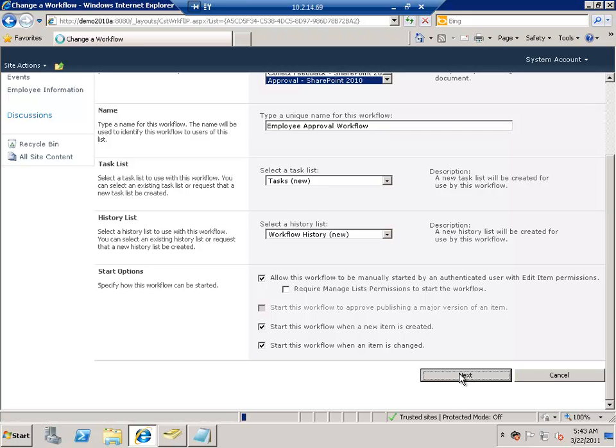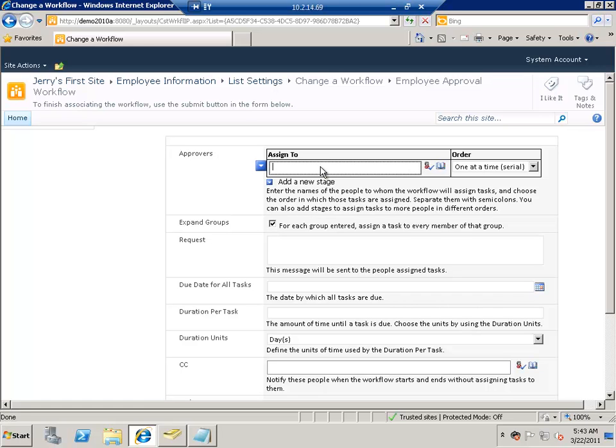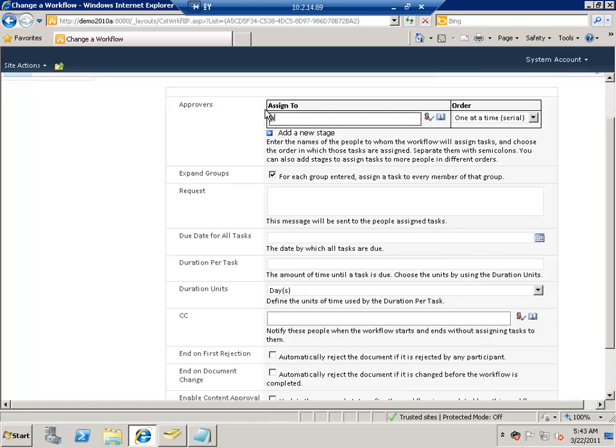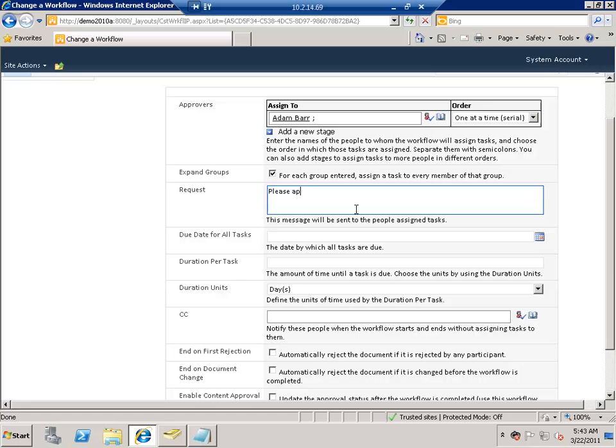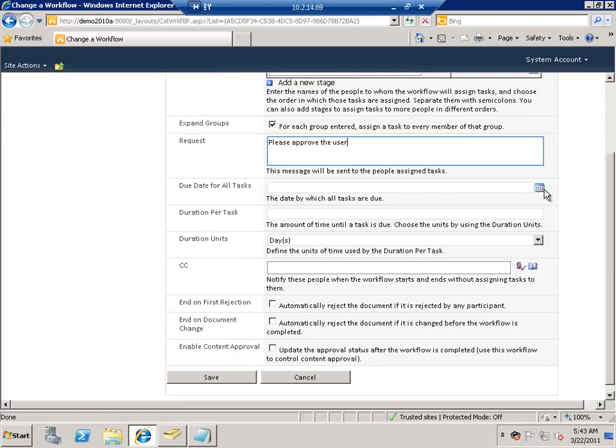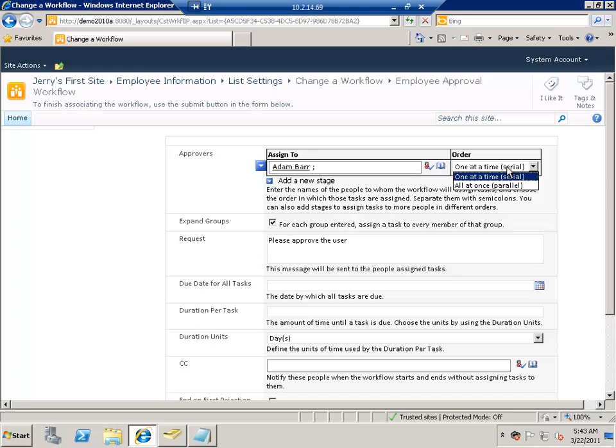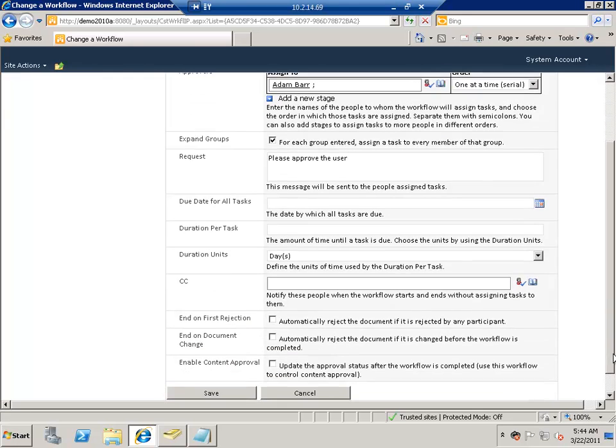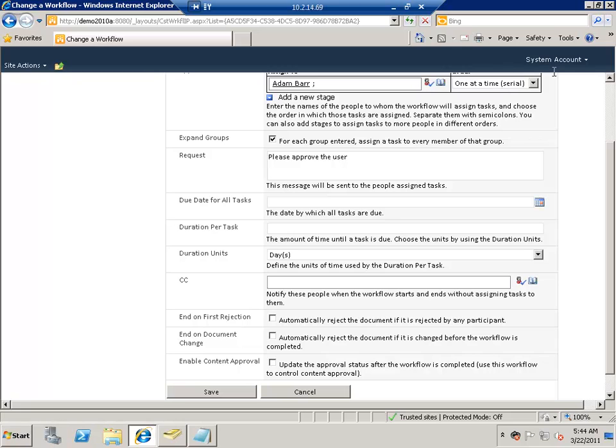This form will allow you to specify different parameters of the workflow, like who will approve it and who will review it. So let's say I select Alan Steiner, or I can choose Adam Barr. I can also add a request, like please approve, and you can choose the type of workflow, serial or parallel, or you can also choose a due date. If you choose serial, you can set a due date, or you can also set a duration per task, so say you should finish the task at least in 4 days,